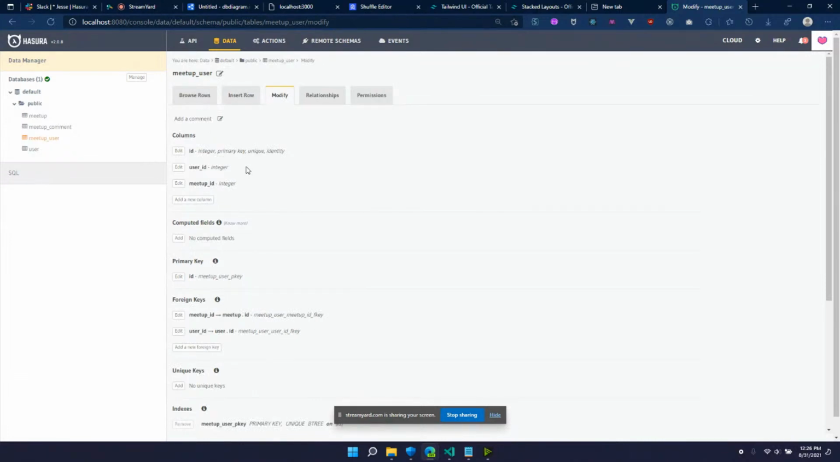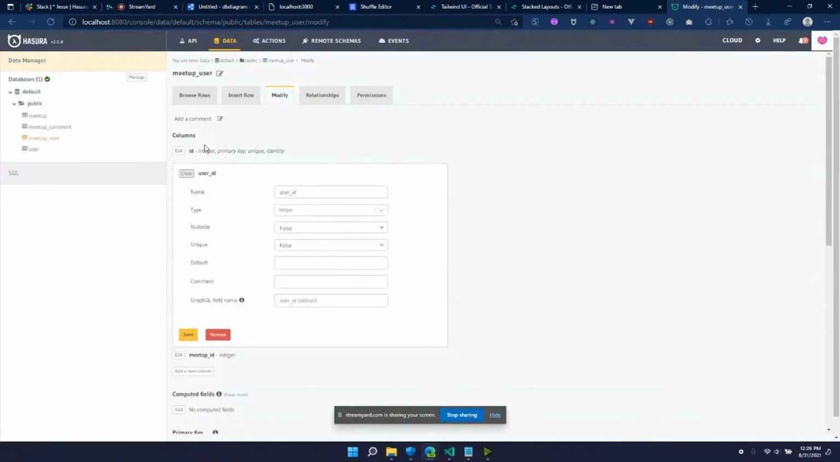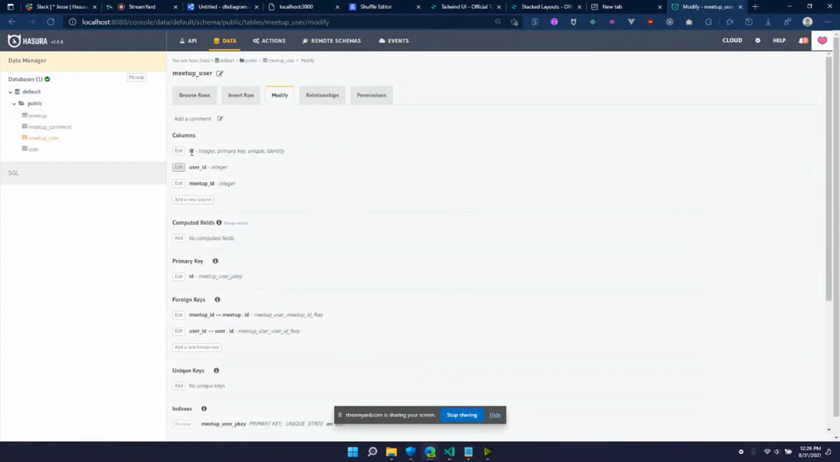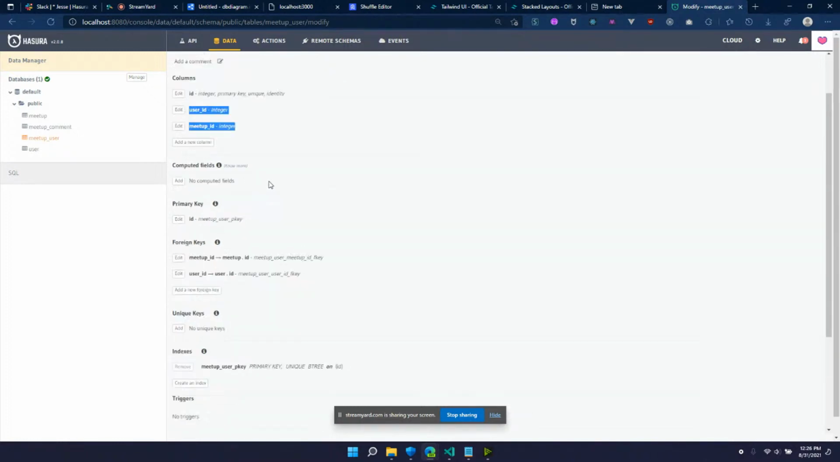Yeah, so for example, this table could have been modeled better since this is just a join table. This could have been a compound primary key. Instead of having ID as the primary key, which is a bit silly because it doesn't really uniquely identify the column, a combination of user ID and meetup ID really should have been the primary key here. Now a compound foreign key,